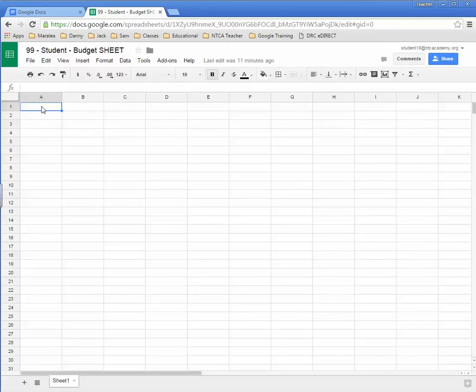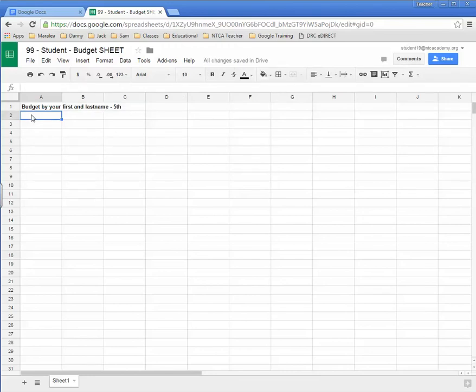First of all, you want to click in cell A1 and then type in the word budget by your first and last name. And I want you to put your name and then your grade level. And I want you to actually bold this. Looks like it was bolded already, but here now we're going to do the next step, which is step number